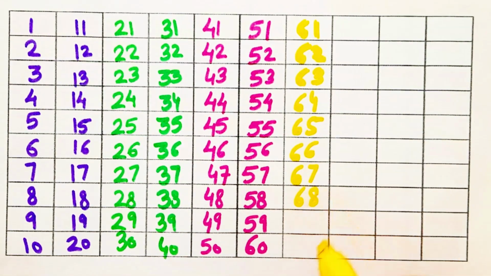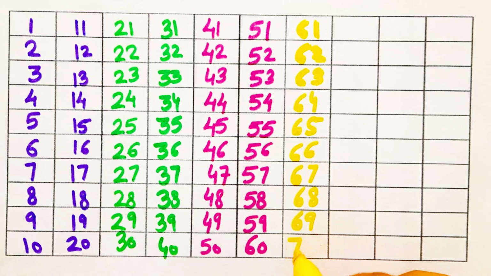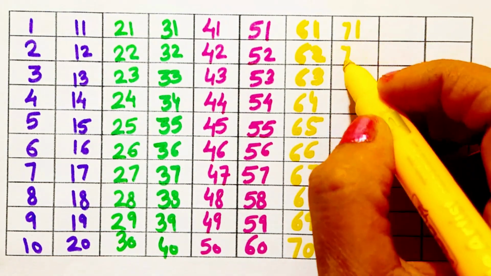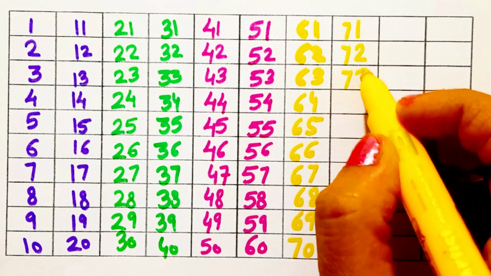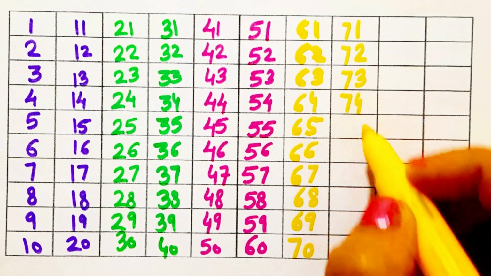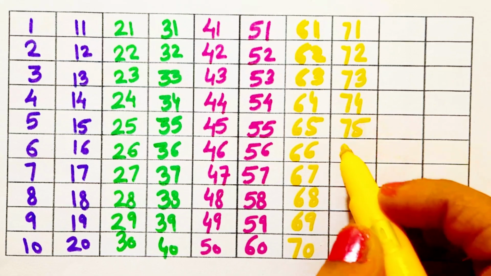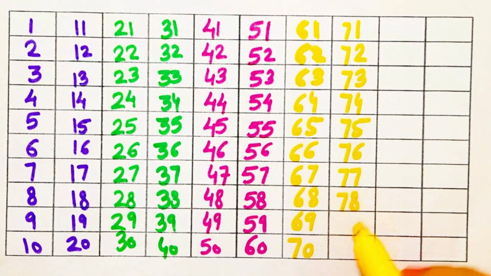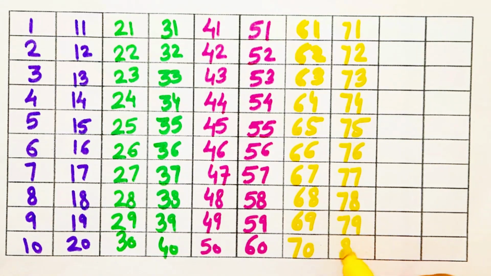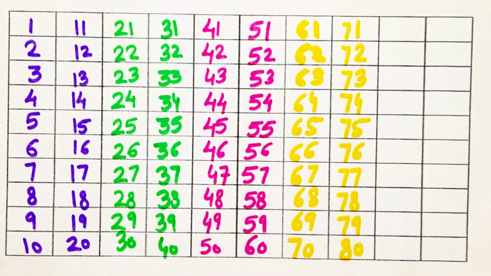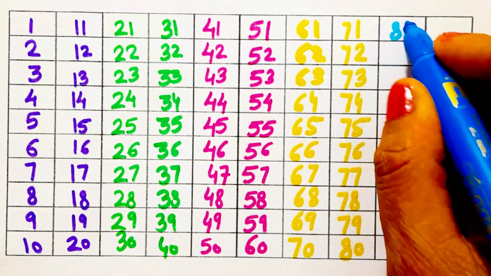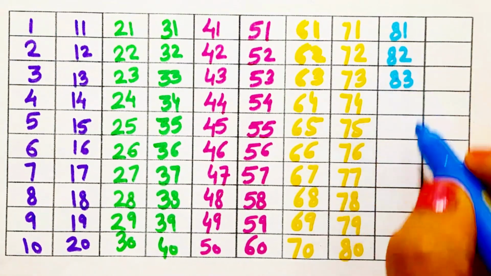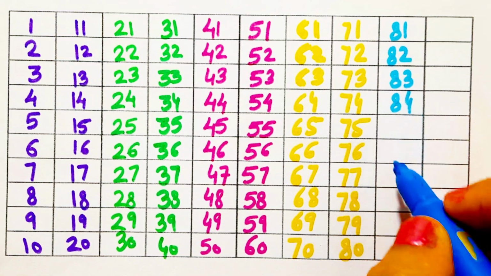67, 68, 69, 70, 71, 72, 73, 74, 75, 76, 77, 78, 79, 80 kids, 80. Now 81, 82, 83, 84,